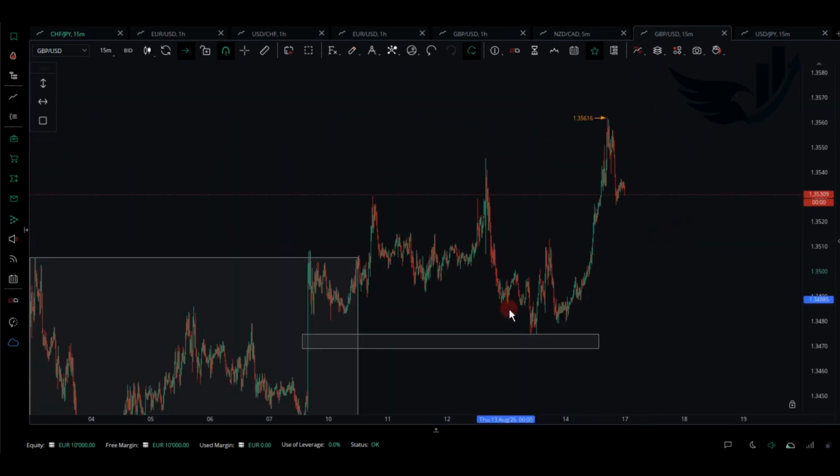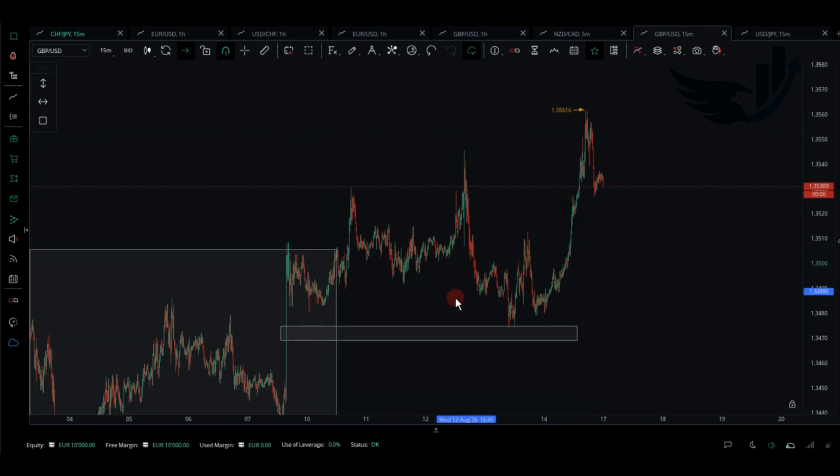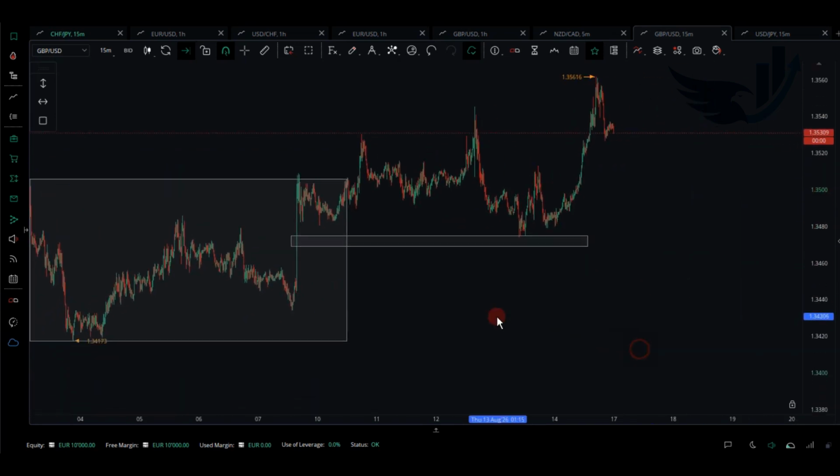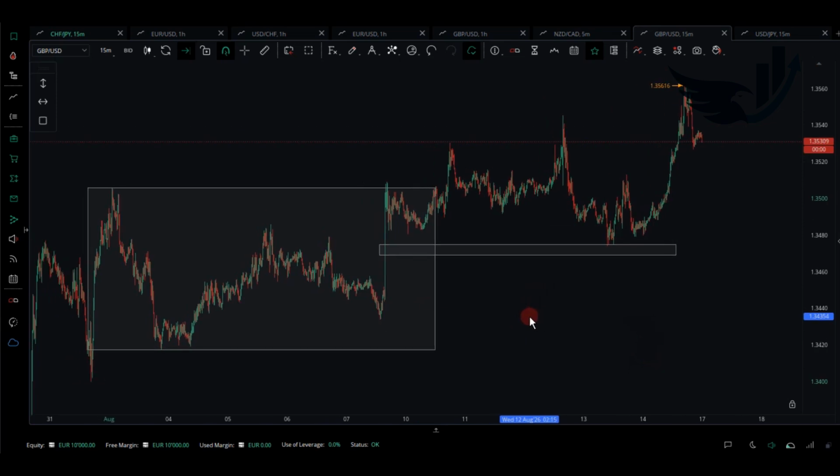Although you can see the price could have given you 1 to 10, 1 to 20 risk reward ratio. So that's it. That was the trade that we had this week,